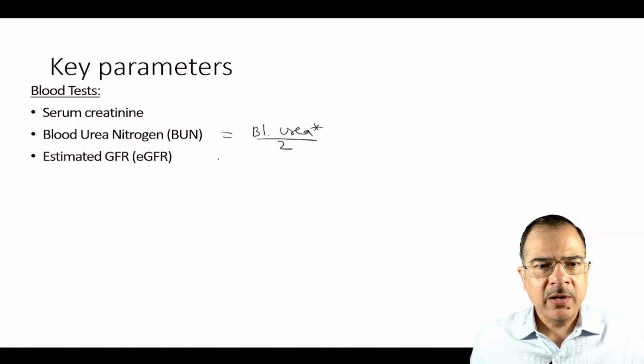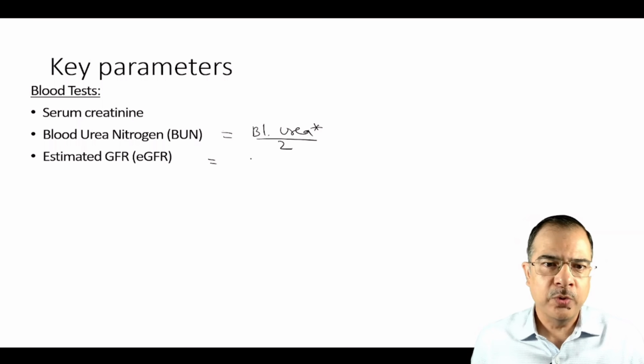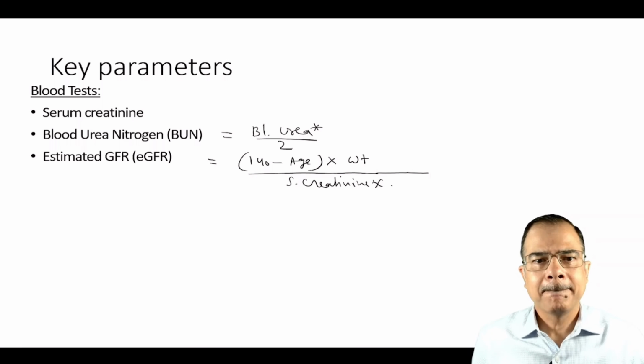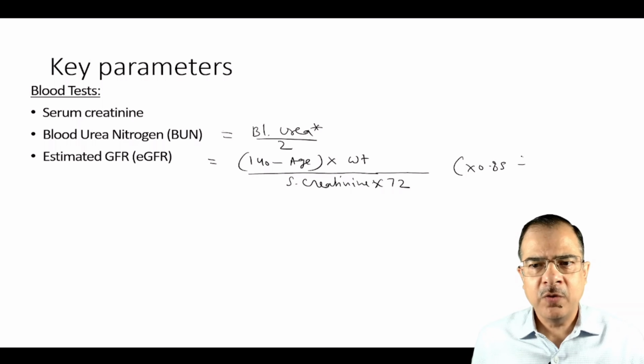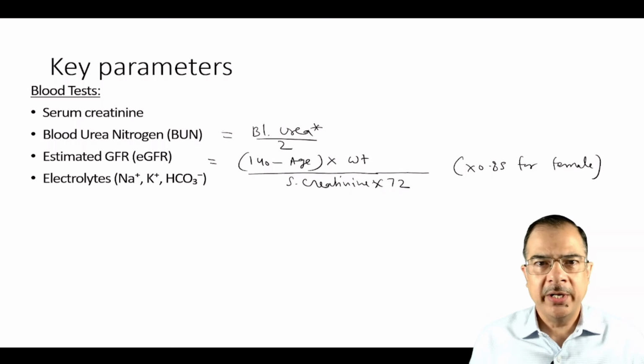Estimated GFR. So the formula for the estimated GFR is popularly known as the Cockcroft-Gault formula, which is 140 minus age of the patient, multiplied by weight, divided by serum creatinine into 72, and multiply this by 0.85 for females. So this is a formula which is easy to calculate in the OPD, and nowadays there are EMR software